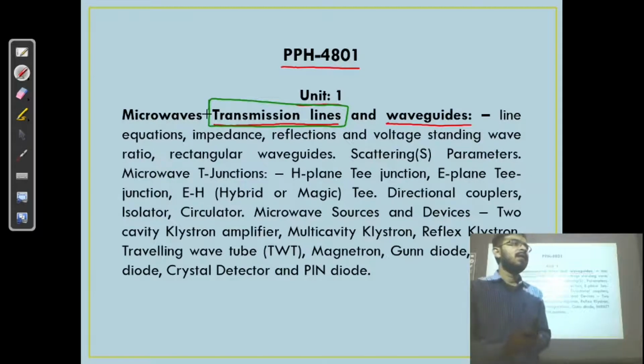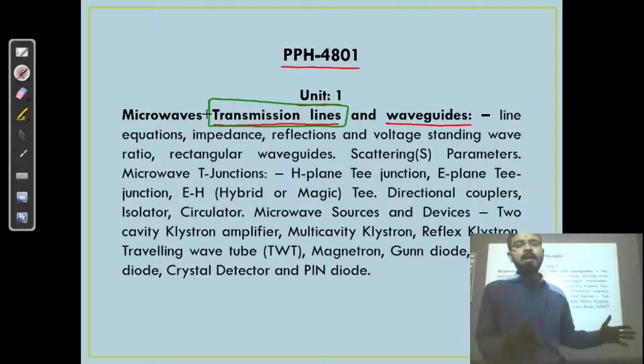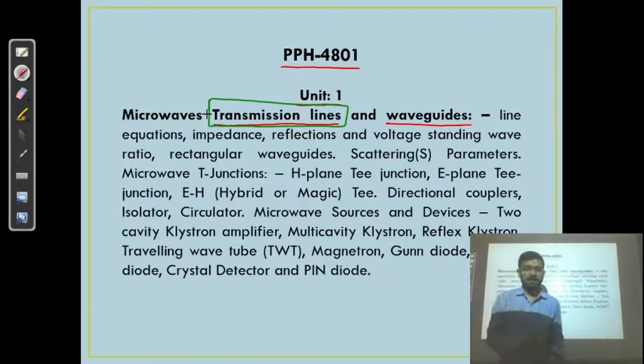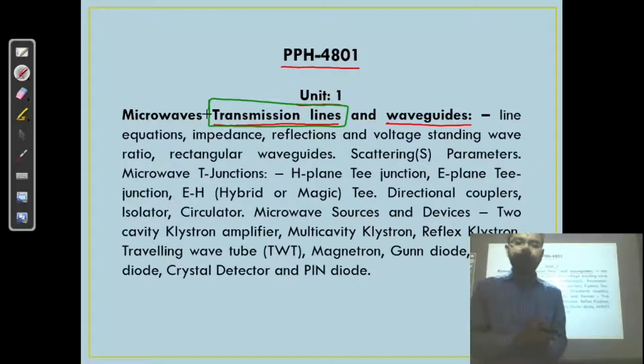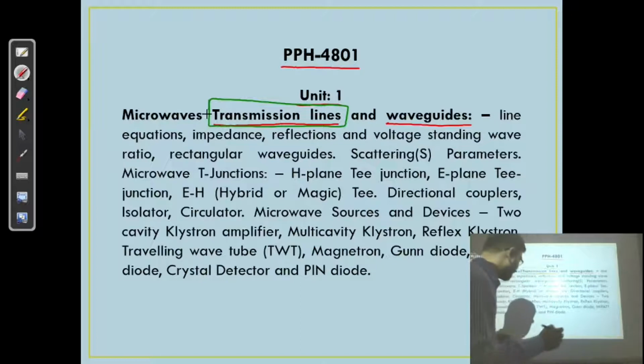The difference is nothing but the information carrying capacity and the capacity to transfer power from one point to another. That is why different types and different shapes of transmission lines are designed. In this unit we will be discussing more about two-wire transmission lines, and we will derive some of the equations for them.